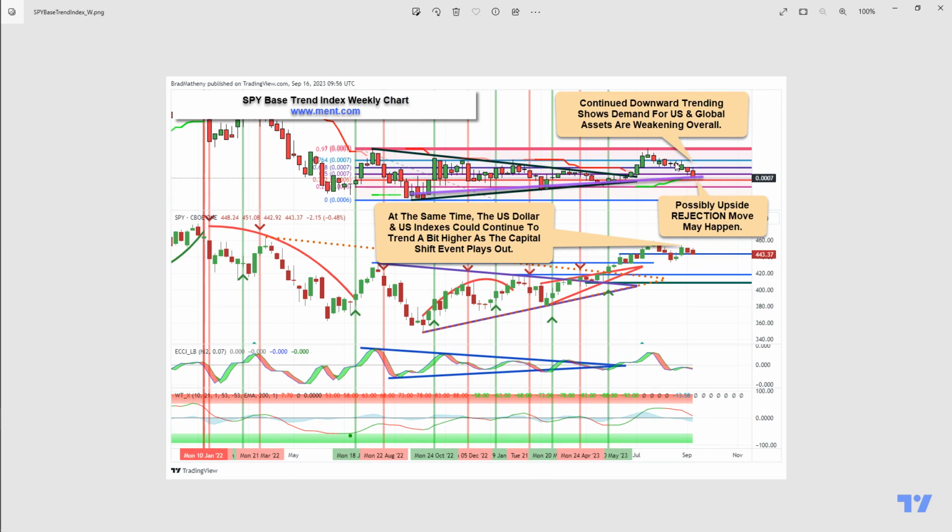This is showing us essentially that traders are seeking out and searching for the next big opportunity, but we're seeing it slide downward. Downward trends typically represent downward trends in the SPY. You can see here, this is the base trend index moving downward, SPY moves downward. We are going to see what happens. We could get rejection off this purple line here, but we're very close to breaking down and moving into a new downward trend. So the next week or two is very, very important to know what's happening.